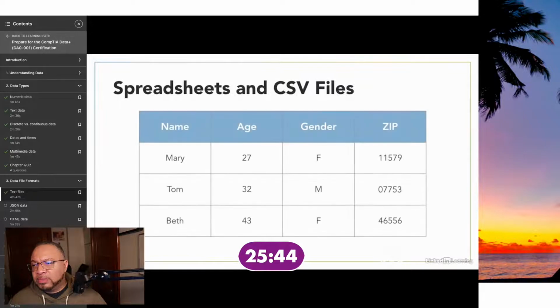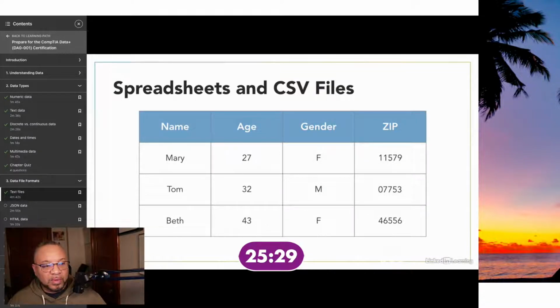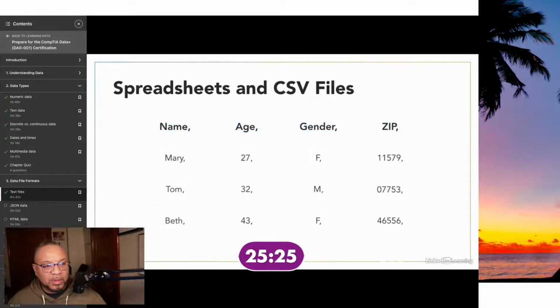For example, take this simple spreadsheet that shows the names, ages, genders, and zip codes for a group of 3 people. This file is formatted in a fairly standard way. Each person has their own row in the table, and each table column corresponds to a single variable. If we wanted to transform this spreadsheet into a CSV file, we simply take away the table boundaries and replace them with commas. This CSV format may then be stored in a simple text file instead of a proprietary spreadsheet format.